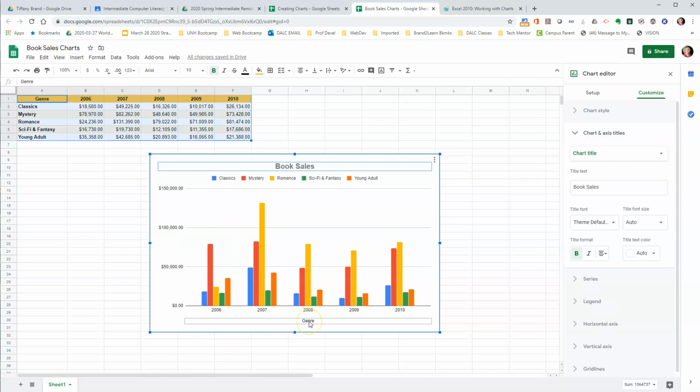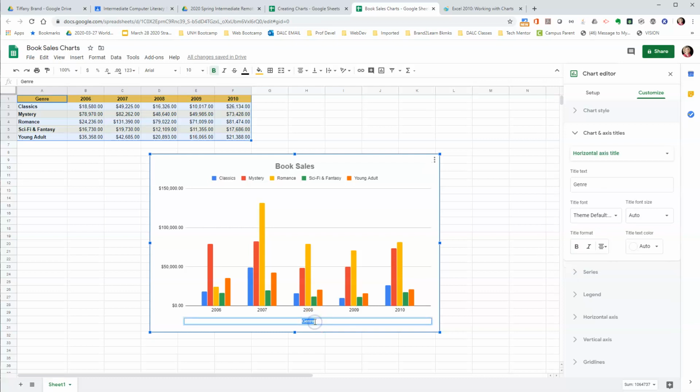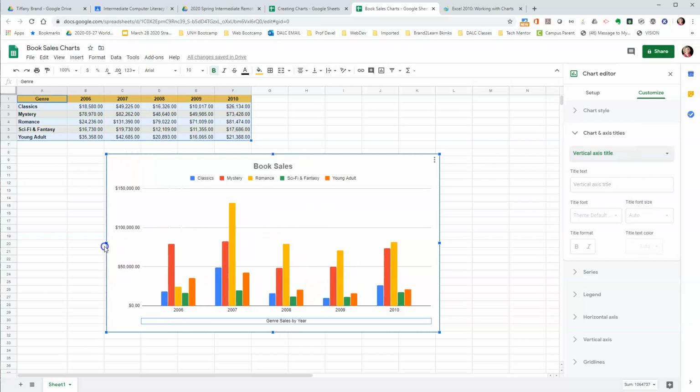Right now the x-axis title says genre. Well, that's kind of it. It's like genre is grouped by year. So you might want to pick a different label for that. You can also look at the vertical axis title. There isn't one right now, so depending on which chart you pick, there may or may not be different things